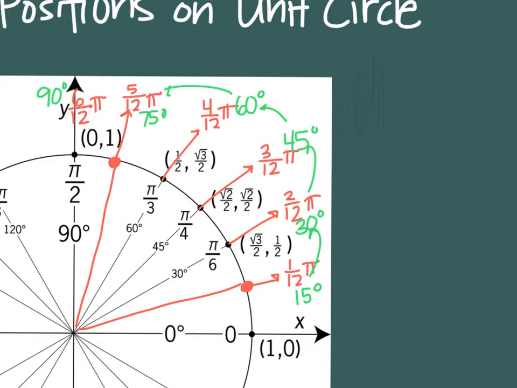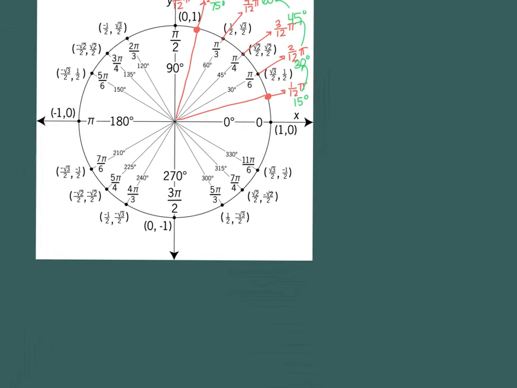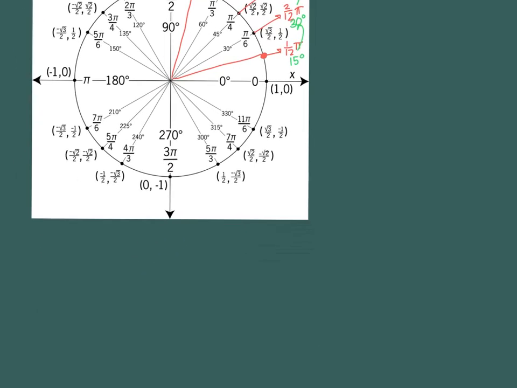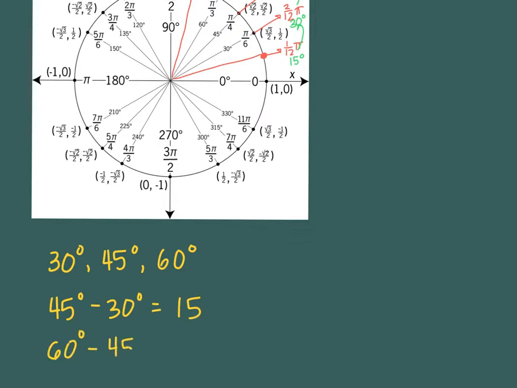Okay, so thinking about that, I want you to think about some combinations of things. For example, how could we make 15 or 75 using the numbers that we have? If what we know already is 30, 45, and 60, how could we come up with 15? Just using those numbers and using addition and subtraction. So 45 minus 30, that would give me 15. But so would 60 minus 45. That would also give me